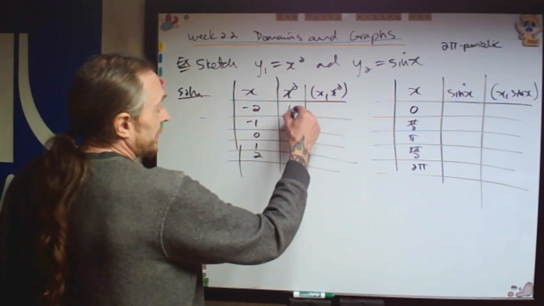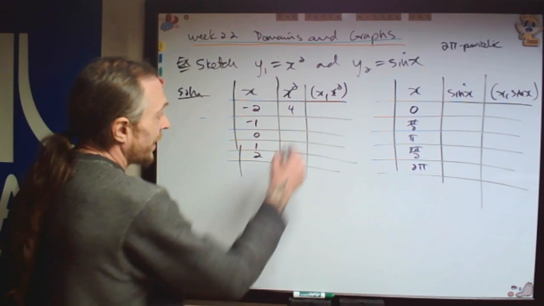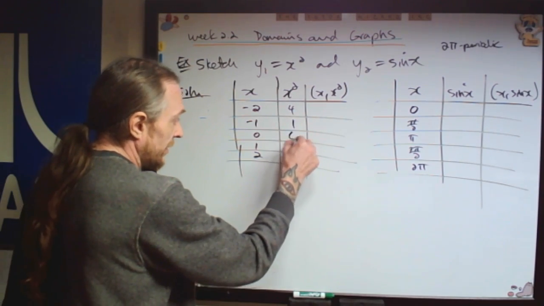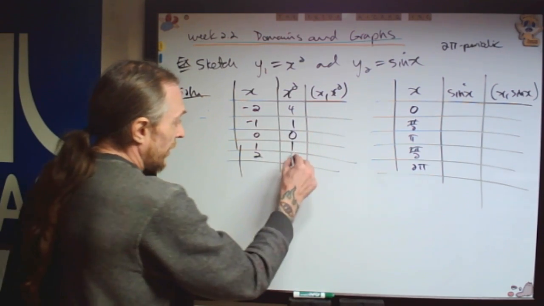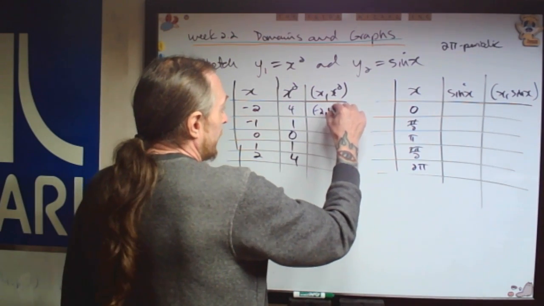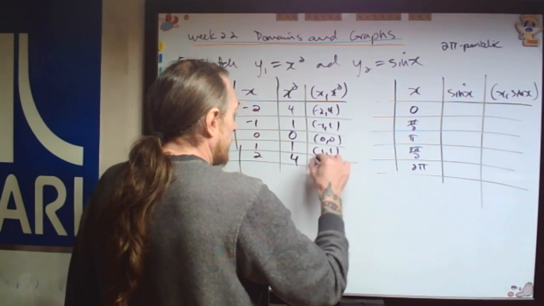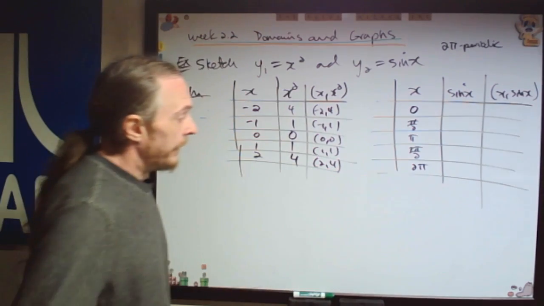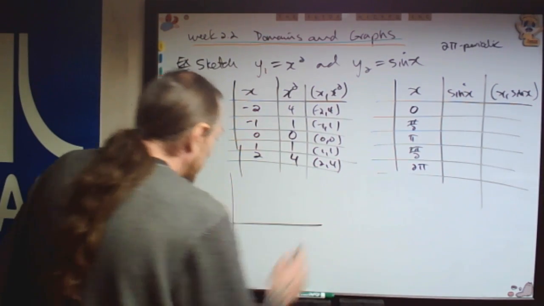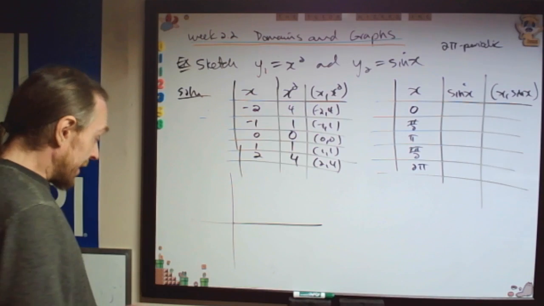Here, what I'm going to get is, -2 squared is 4. -1 squared is 1. 0 squared is 0. 1 squared is 1, 2 squared is 4. So I get the point -2, 4. -1, 1, 0, 0, 1, 1, 2, 4. What does that do for me? That plots the graph and it builds it